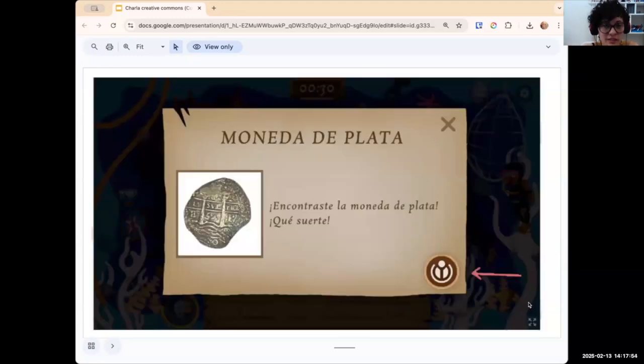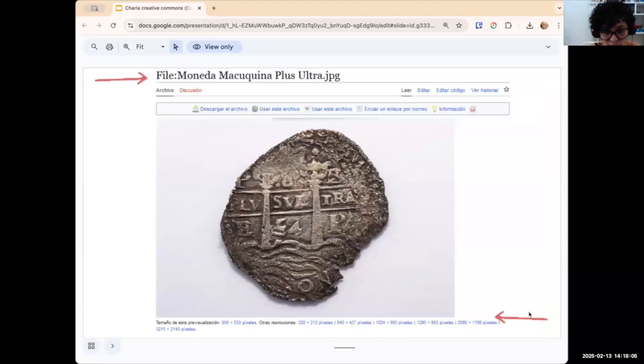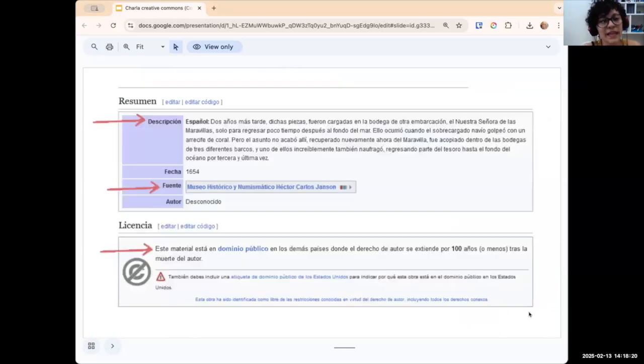You can see that there is the picture, the original picture, and that there's a button where you can go and find more information in Wikimedia. So in the next slide, you can see that this is actually uploaded. It has a very, very high quality. That is something that is very useful in the Wikimedia projects. And you can see as well in the next slide that all the information about the institution is online. So people, if they are interested in knowing more about this kind of heritage, they can